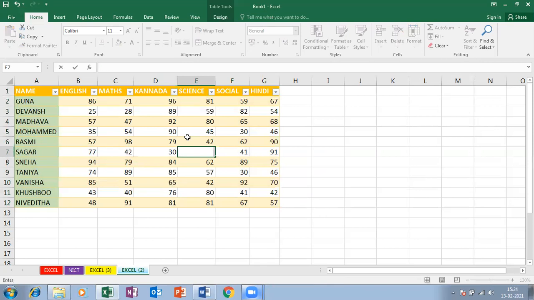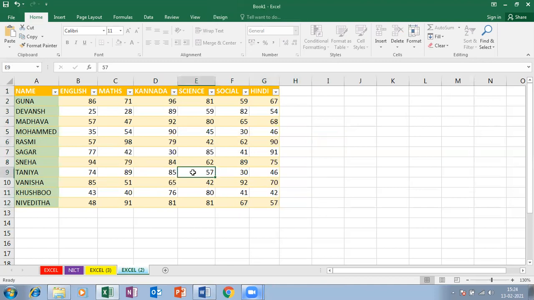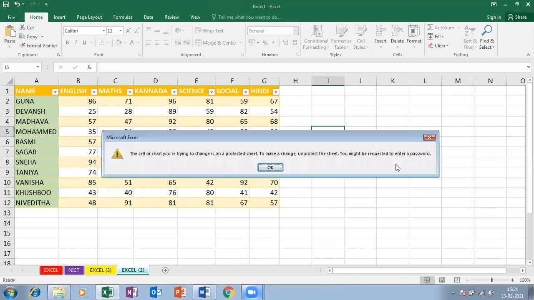See, only here I can make changes, but here I can't make any changes. So only within the table I can make changes, and here I can't make any changes.